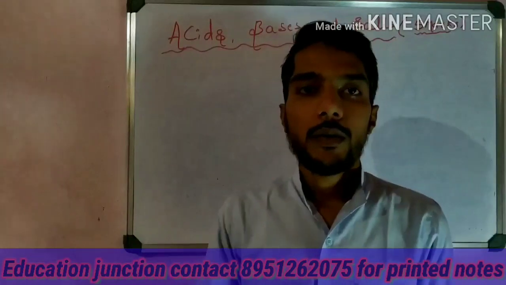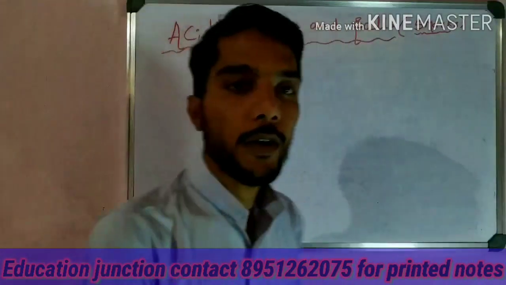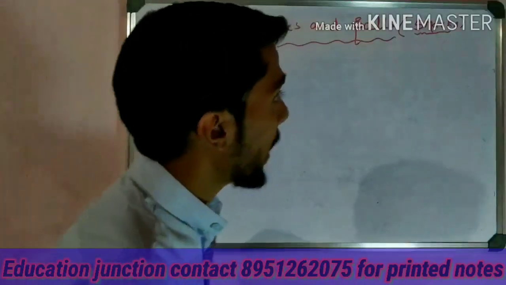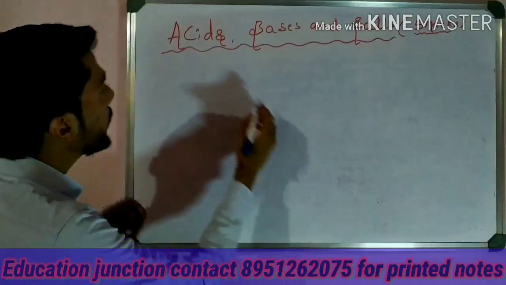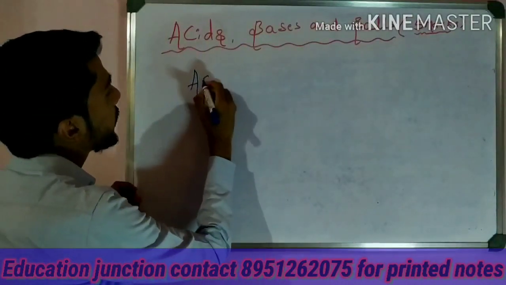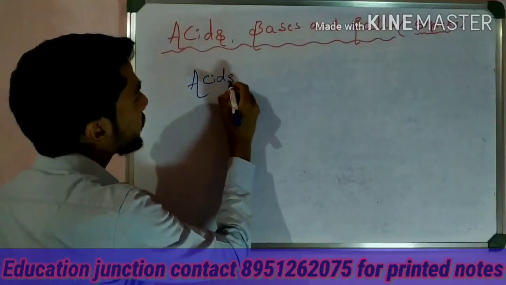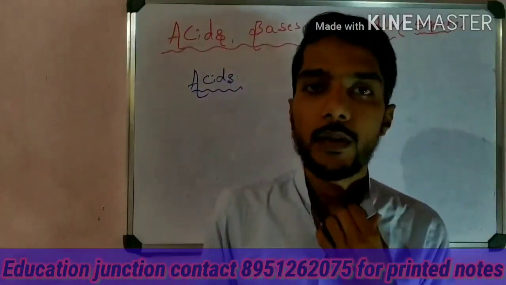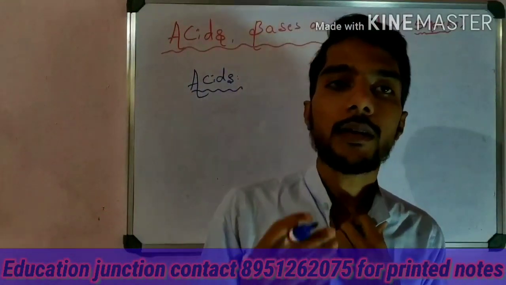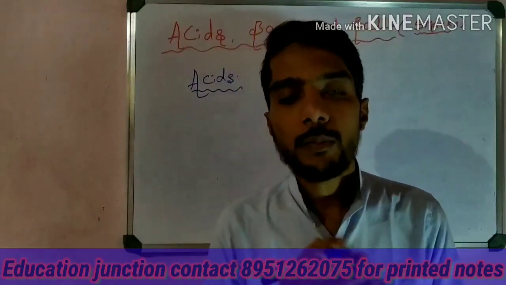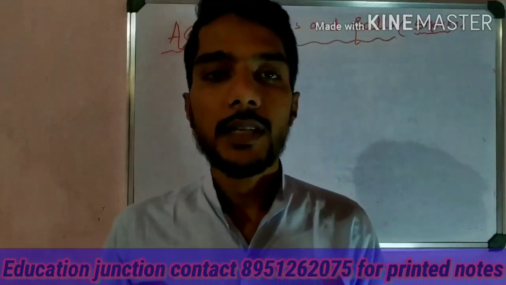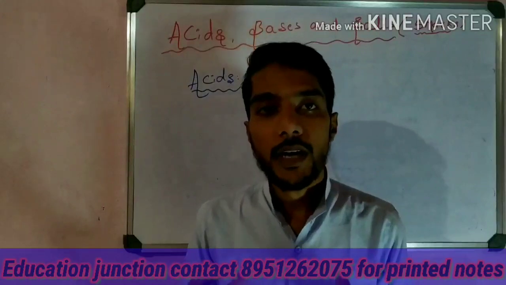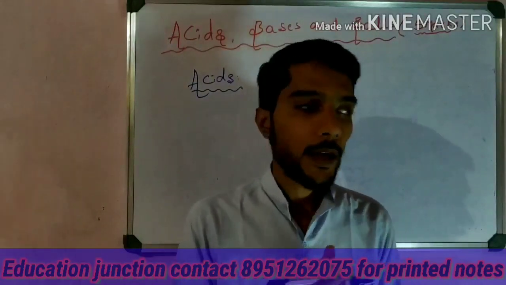Now start with the definition of acid. Take your notebook and copy the definition of acids. So first come to the acids, I put here acids. So what is an acid? When we want to write the definition of acids, it is simple: acid is nothing but the substance which donates or gives us H plus ions, hydrogen ions. So the definition is: